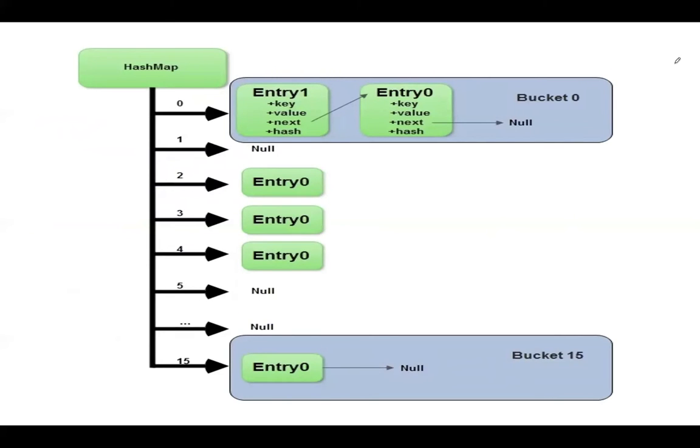Let's see how HashMap works, how it looks internally. In the HashMap, we have indexes 0 to 15. So what is 0 to 15? It is the bucket numbering in the HashMap. Why is it 0 to 15? Because by default, the HashMap size is 16. So at bucket 0, different entries are there. What are these entries? Entries are nodes.